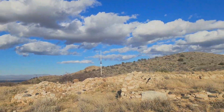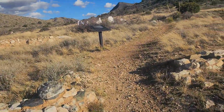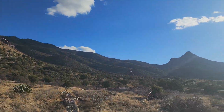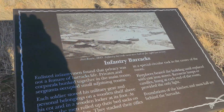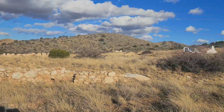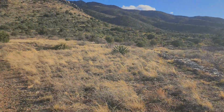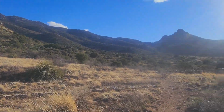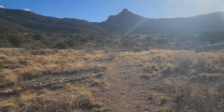Quite the view. See that wall. Building back there. Infantry barracks. So this was all barracks area right here. So enlisted men were in, I'm guessing what this area is. And then